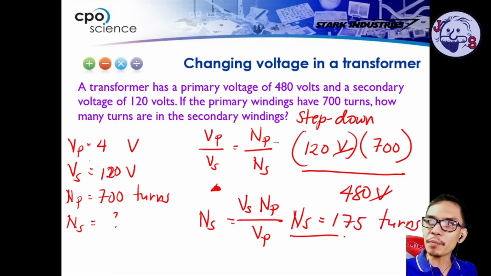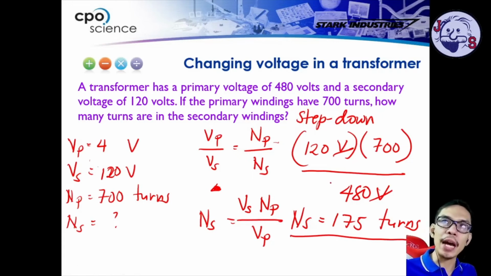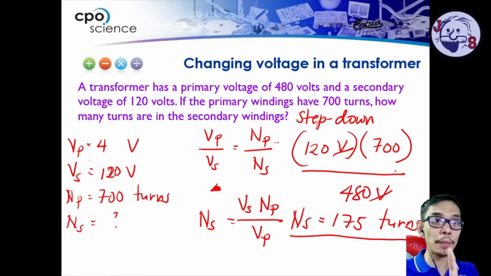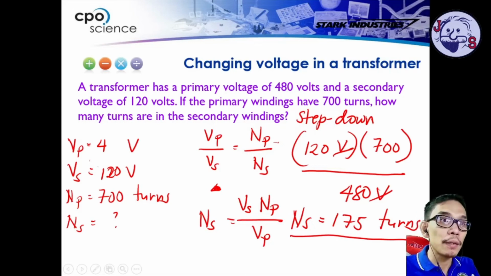Now, in a complete statement, the transformer must have 175 turns of secondary coil. Alright, so that's the complete answer. So 175 turns. That's the third